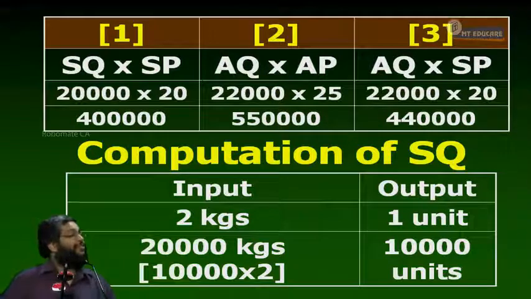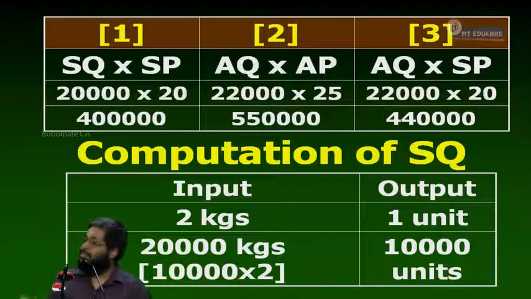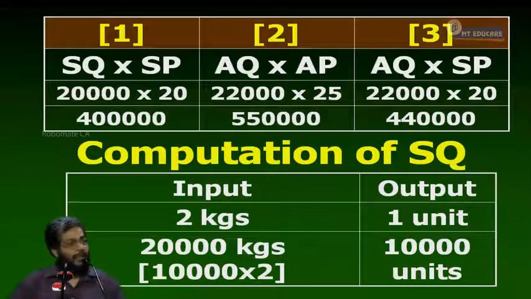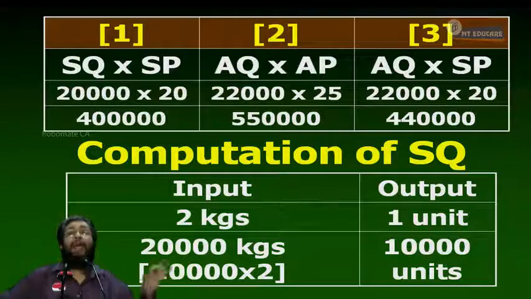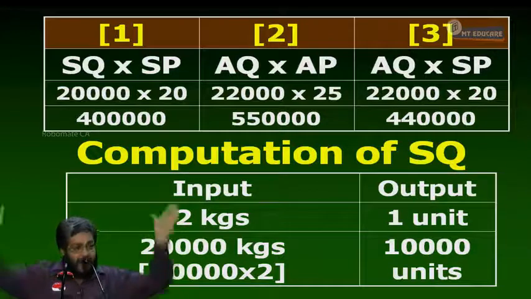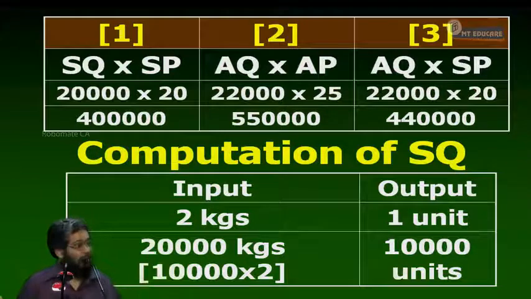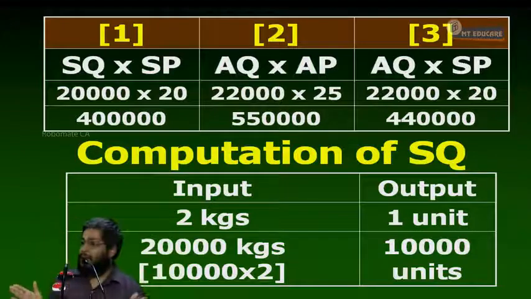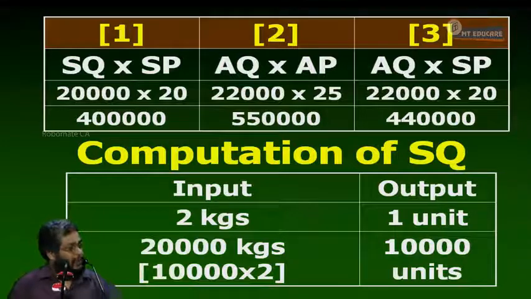But we cannot say this for production manager, because production manager is responsible only for what? He cannot have any control over the purchase price. So the logic cannot be applied similarly for purchase manager and production manager. Purchase manager should take responsibility not for standard quantity but for the entire quantity purchase. Yes or no? But the production manager can respond only for the quantity, not for the price. You know, the roles are different.